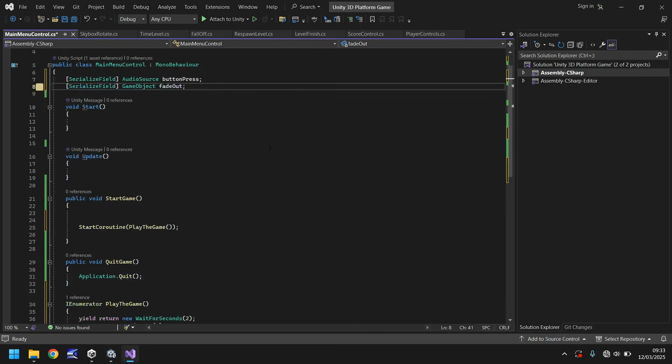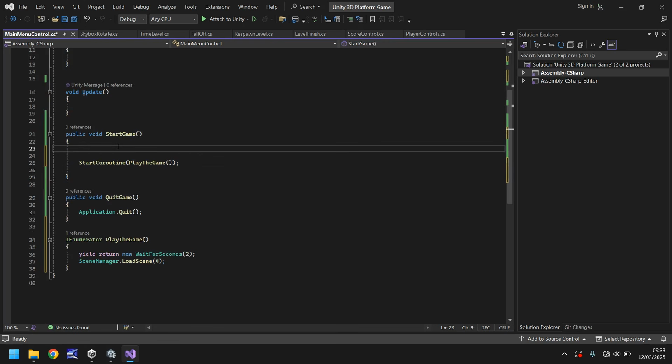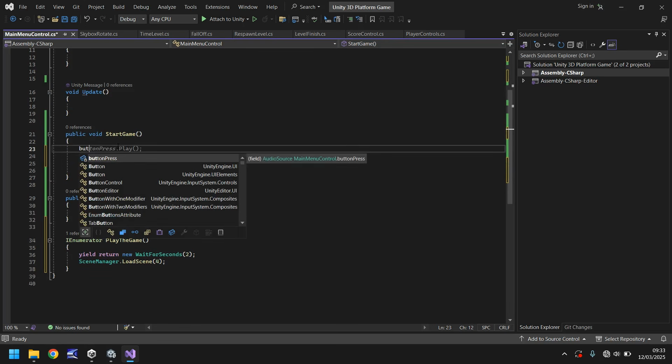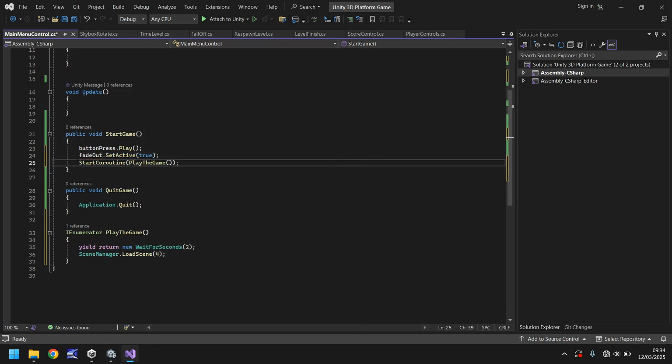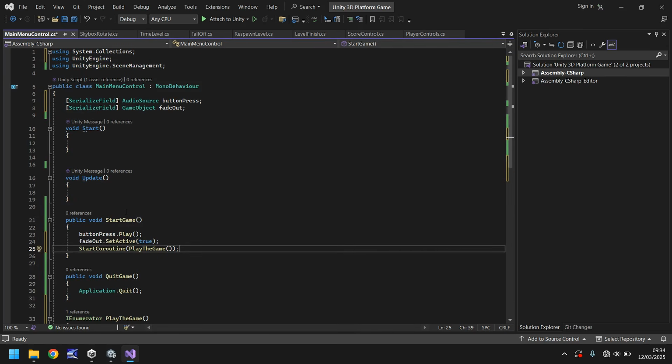So we use these 2 variables now to create that sequence of events. As soon as we press the button, we need to say buttonPress.Play(); and then fadeOut.SetActive(true); and then after that our coroutine will play, which means we'll wait for 2 seconds while the button press sound plays and the fade out happens, and then we take ourselves into the game. So you can see that sequence of events of a slightly more advanced main menu starting here. I'm going to save that script